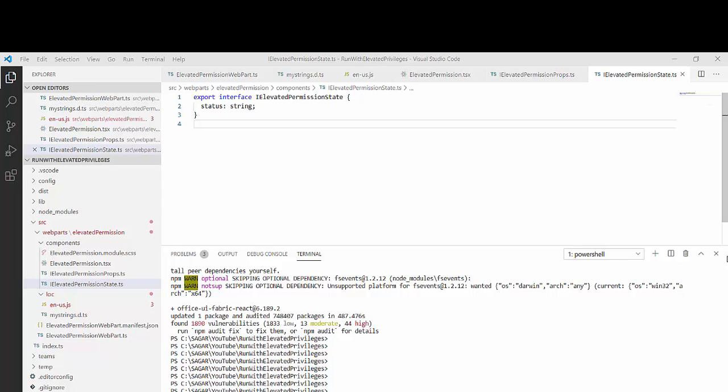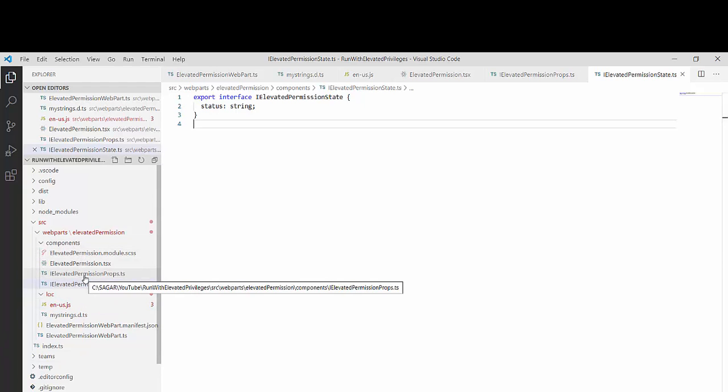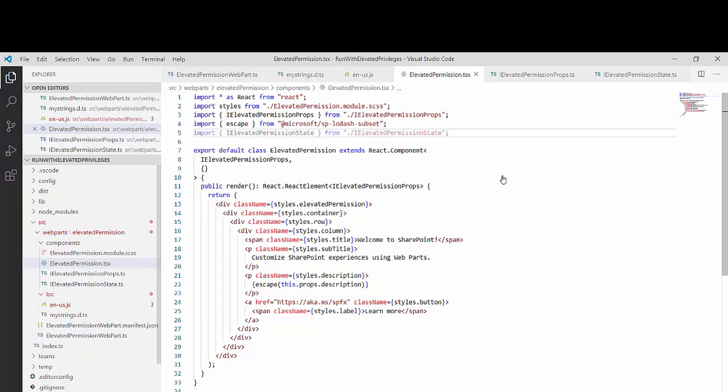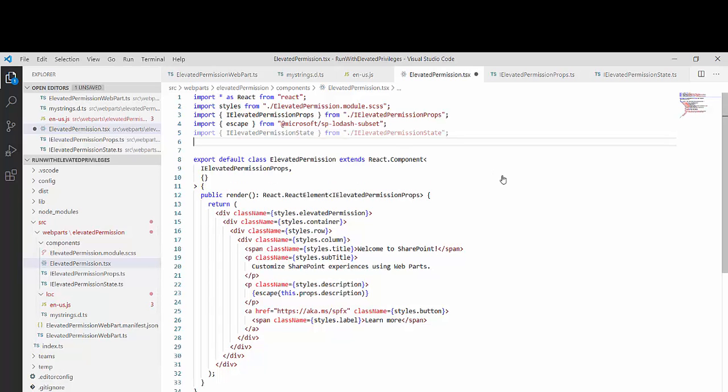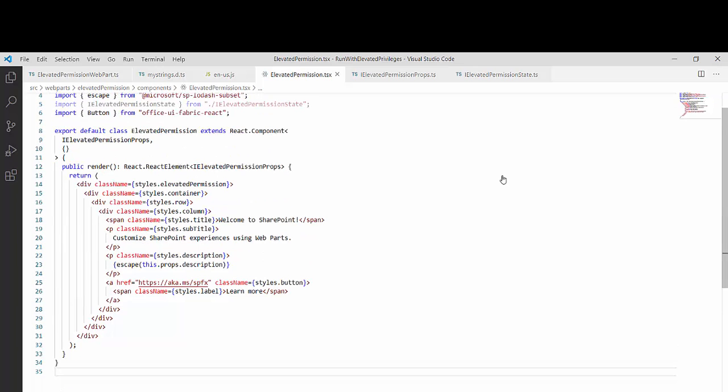Now I will go to my component file. This is my component file. Inside this I will import my Office UI Fabric button. Now we will modify the DOM of my web part. This is the out of the box DOM, and we don't need to change much in this. We will create one button and one status where we will show the status of the item which we will create.